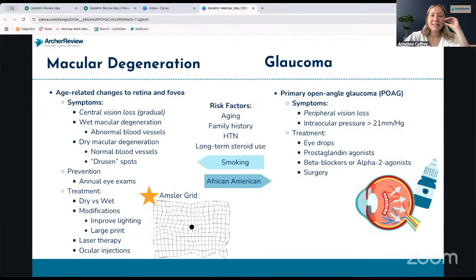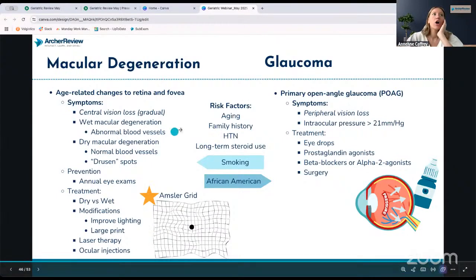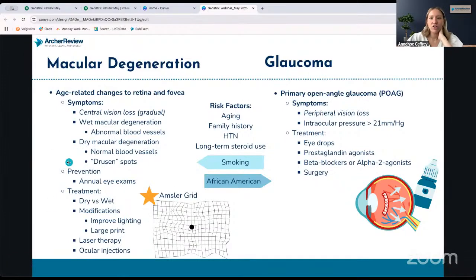Macular degeneration, that's going to be where the center's gone, but the edges remain. Everything's kind of distorted and they have like a black hole in the center of their vision. That's really genetic. You can have wet versus dry. It's one of the leading causes of blindness in older adults. So you want to make sure this gets referred out to an optometrist, that they're managing that. Nowadays we manage it with little needles in the eyes. There are so many different treatments. But make sure you know that it is diagnosed with an Amsler grid and that it causes the center of the vision to be gone.